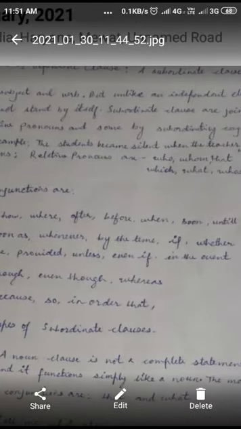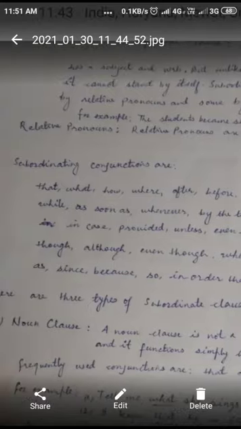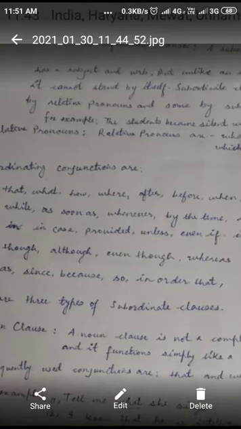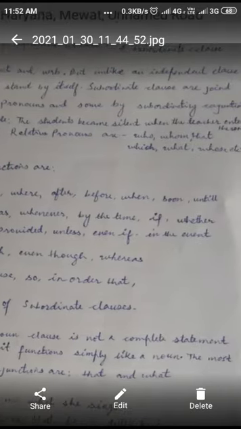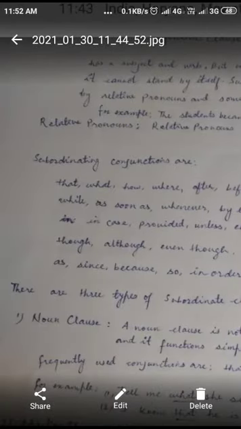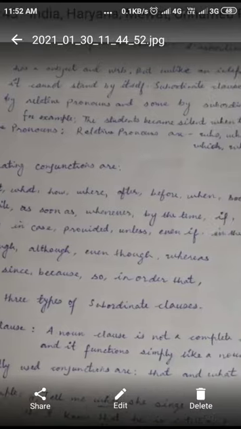अगर इनके कंजंक्शन आते हैं तो वो सबऑर्डिनेट क्लॉज हो जाएगा. सबऑर्डिनेट क्लॉज रिलेटिव प्रोनाउन से जोड़ेंगे और subordinating conjunctions. Remember it. So याद रखना है. So what are subordinating conjunctions? Subordinating conjunctions क्या होते हैं? Subordinating conjunctions are, write down, that, what, how, where, after, before, when, so, until, while, as soon as, whenever, by